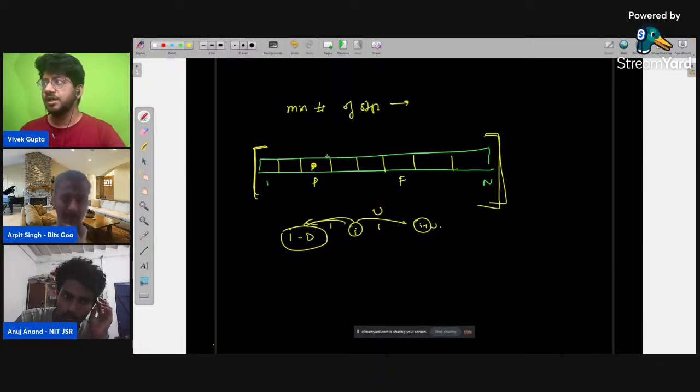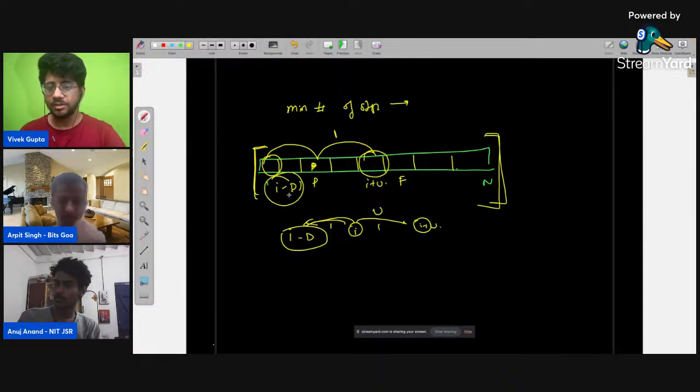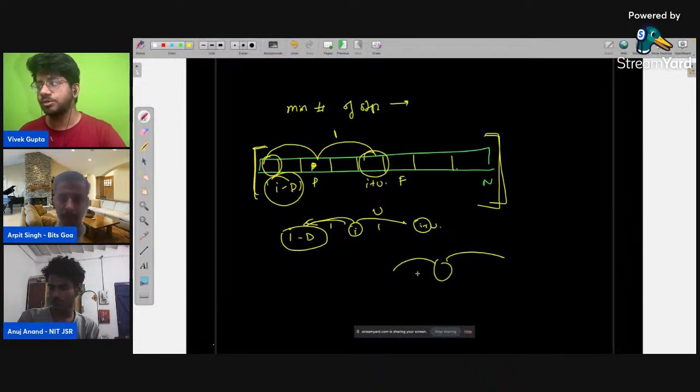So what you do is you make a graph where the cost is 1 and you go to I plus U. The cost is 1 and you go to I minus D for every node. ठीक है? Okay, and then in whatever moves you can, whichever cells are valid, you will make that graph. For every node you will add an edge to 2 other nodes, okay, of 1 cost each, and then from that P node you have to find the shortest path to the F node.